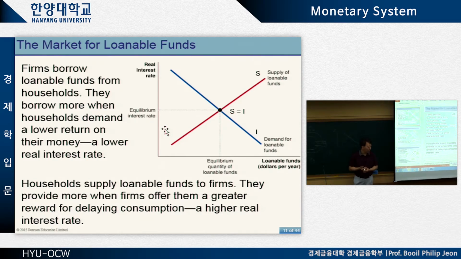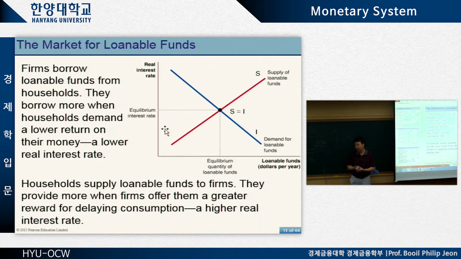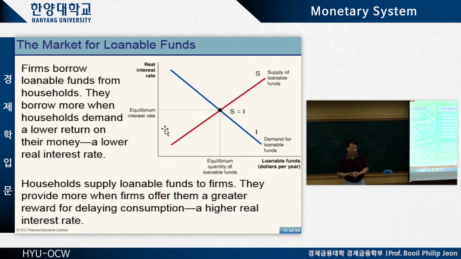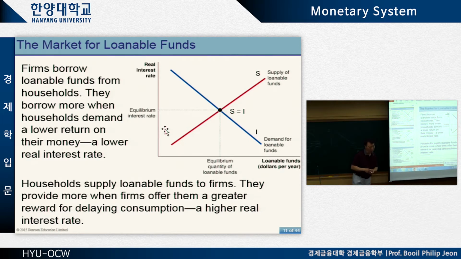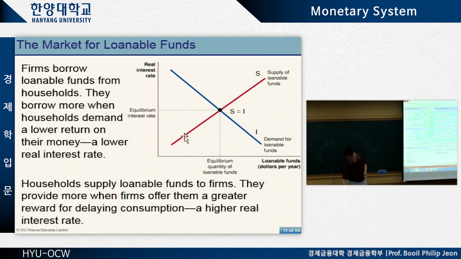If you need to use this money before the maturity, that means you have to break this commitment, right? Then there will be some penalty, right? So it is at least some inconvenience, right? If the interest rate is really low, then people will be reluctant to commit their money for a certain period of time, right? Because who knows, you may need to use this money pretty soon, right? So the quantity supplied will be pretty small, right?